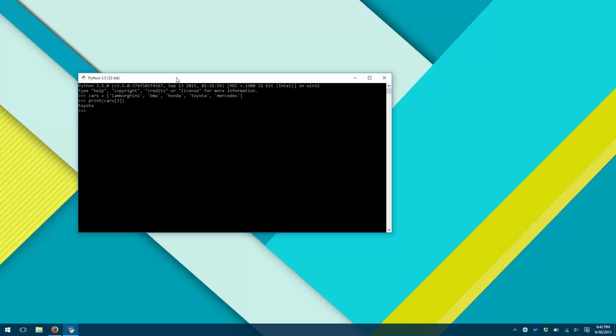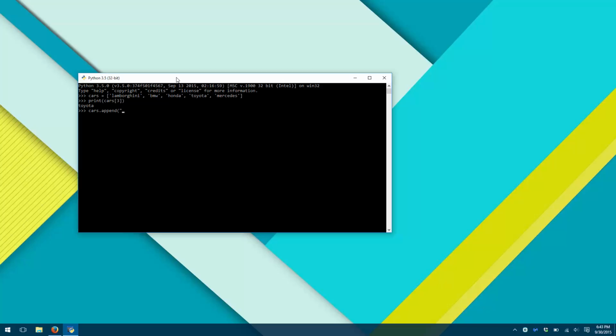Now, let's say you want to add something into your list called cars. Well, all you have to do is use a command called append. We're going to type in cars because that's the list that we want to add that thing into. And let's see what kind of car we want to add. Let's add in a Chevy. Well, what you want to do is type in cars dot append